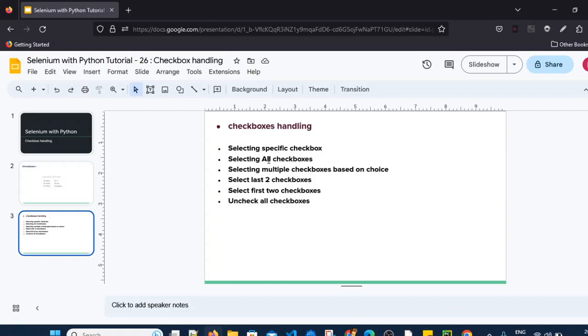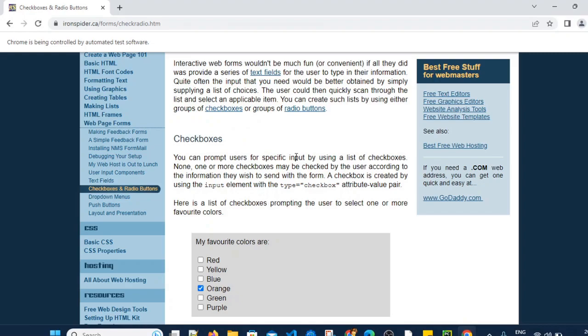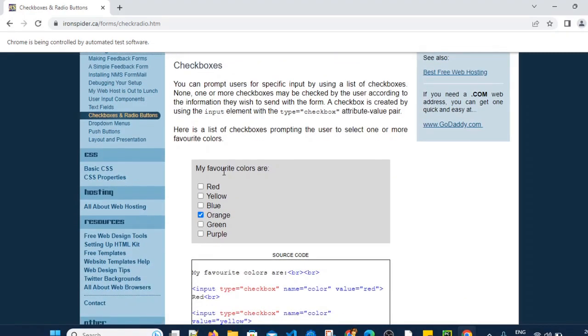Now let's say I want to select all the checkboxes, all the checkboxes at once. How to do that? For that, first we have to find out the locator which will point to all the checkboxes. We have already seen it, right? When we used